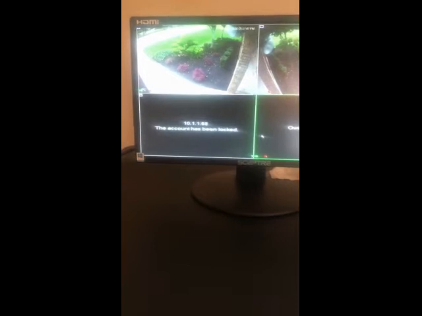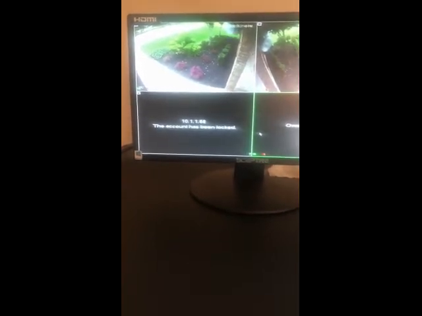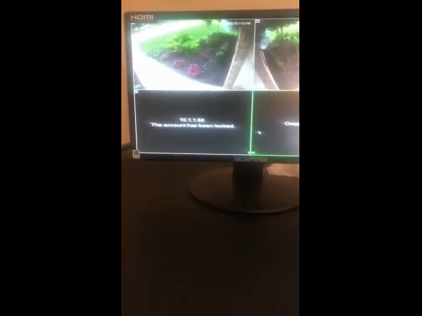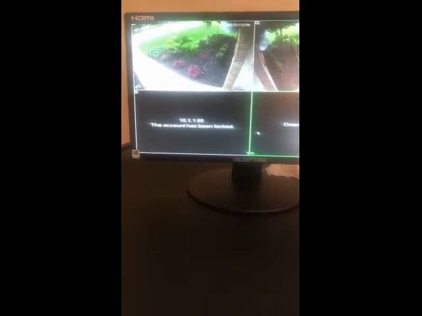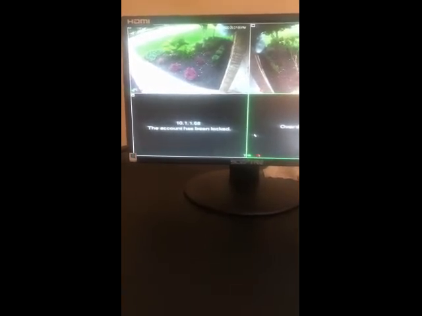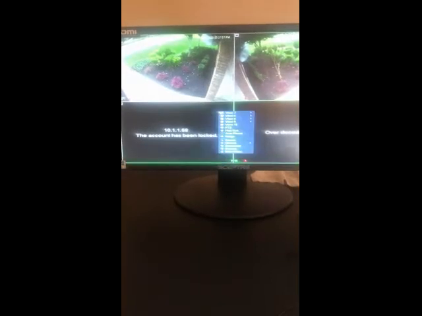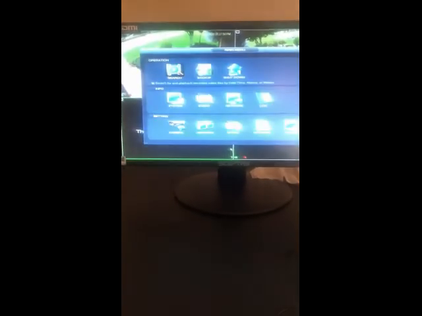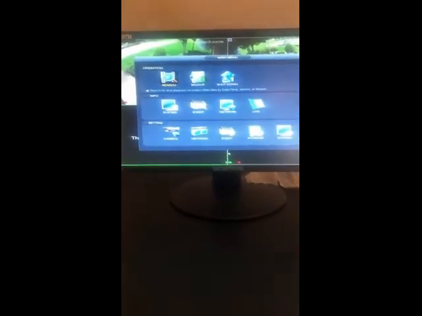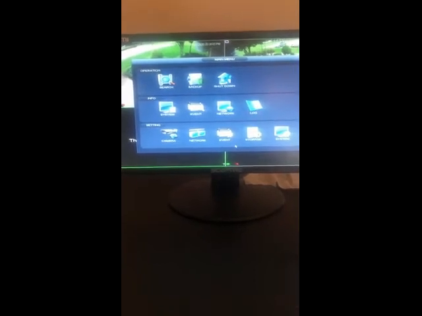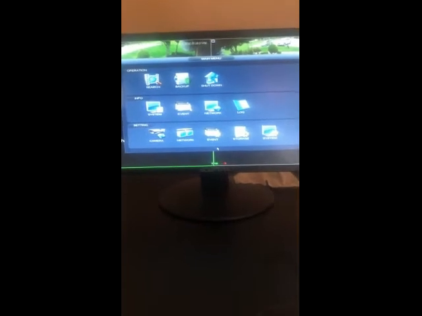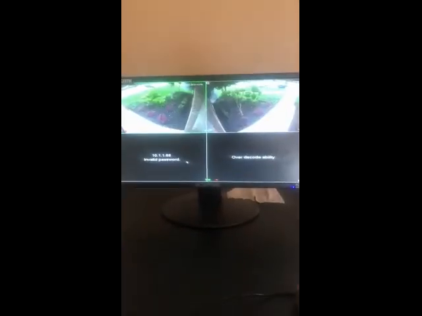it says the account has been locked, or sometimes it says invalid password. Ignore both of those and just right click and go down to main menu, and now I'm already logged in, but if not, you would need to put in the password, which will be in my next video. Very limited notes that I have written down say to right click to get to the main menu